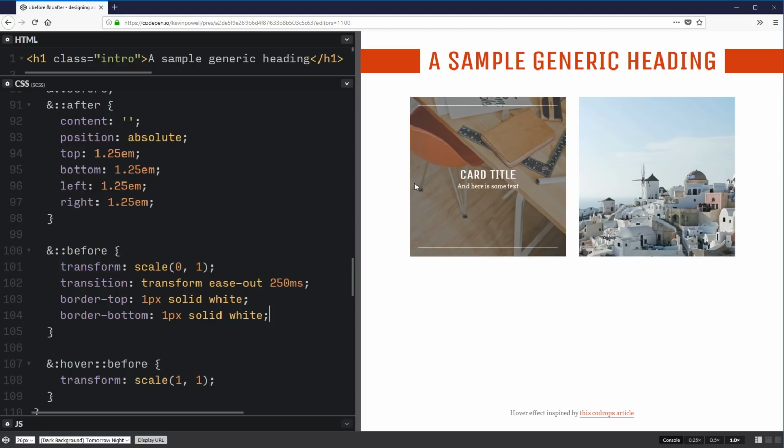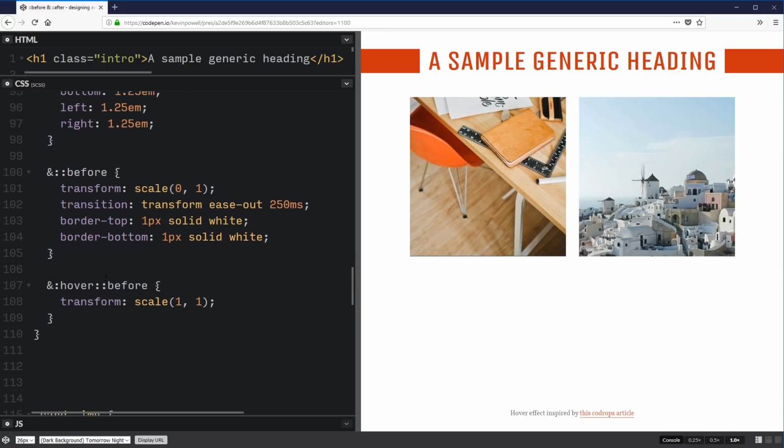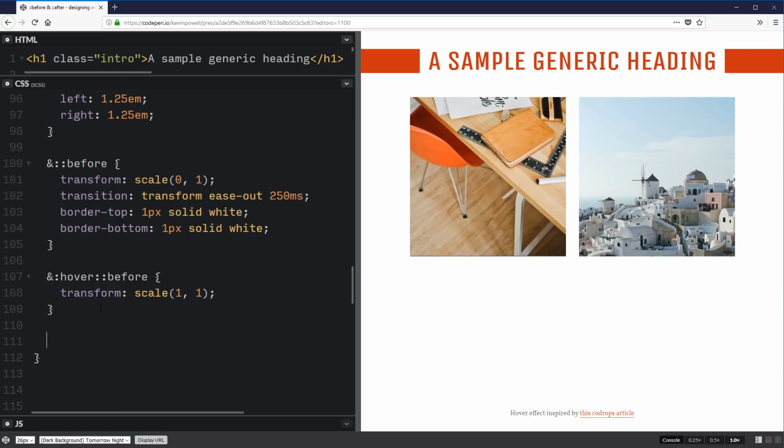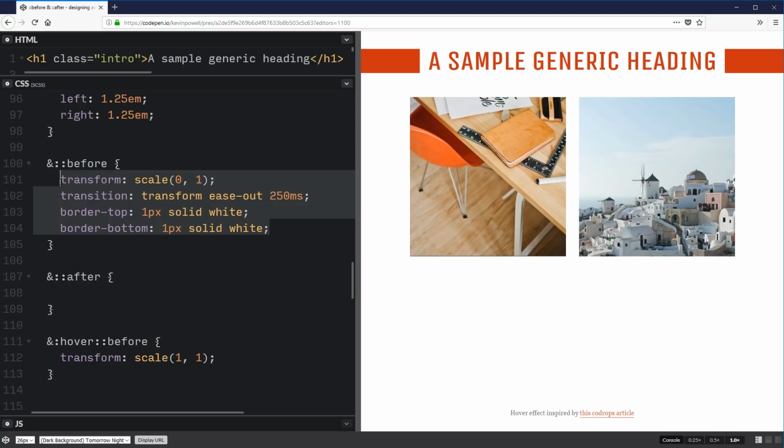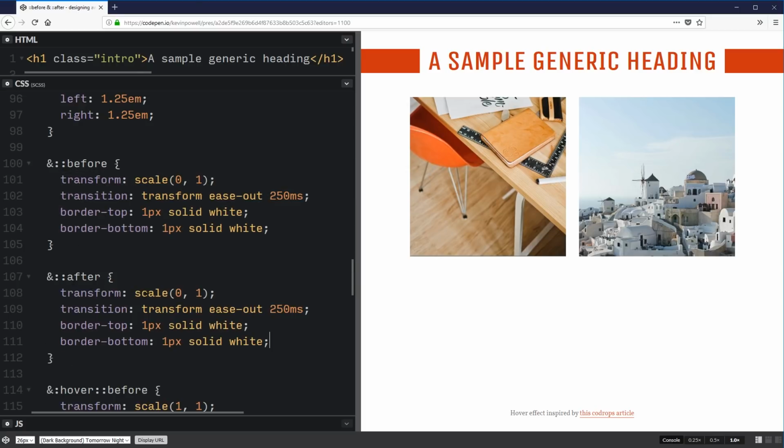So my lines are growing in and out. So that's really cool. Now we want to do the exact same thing on my after. So we'll come down and I'm going to do my after here, just because I like keeping all my hover stuff together. I'm actually just going to copy this whole thing, paste it in,